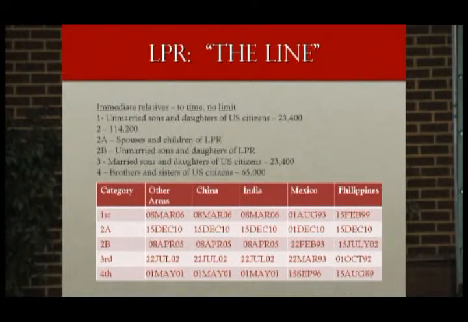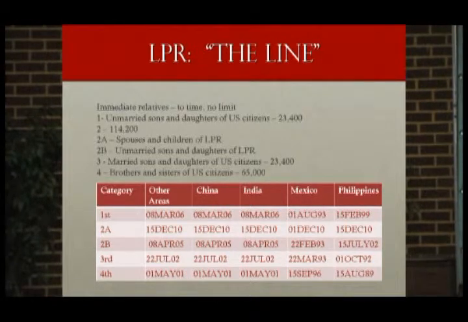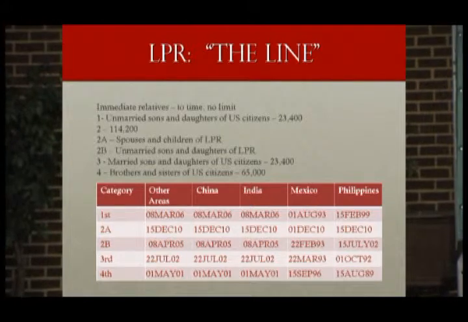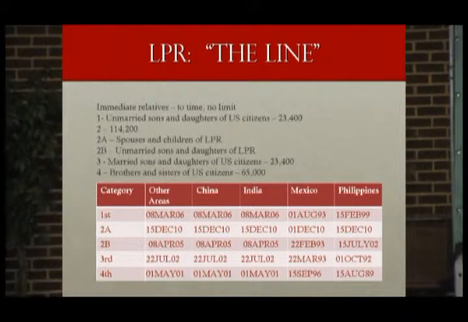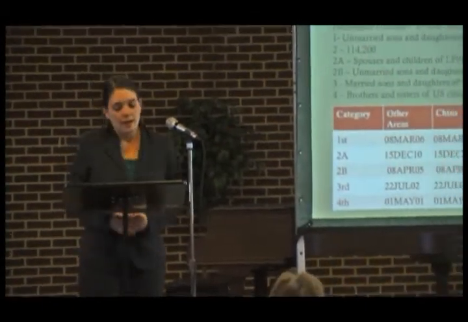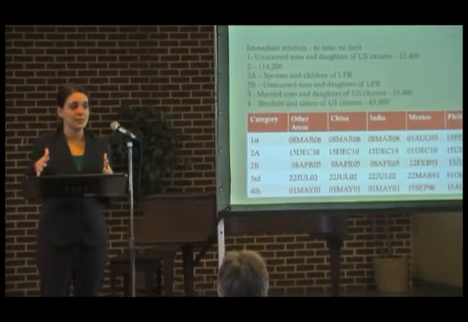23,400 visas are issued. Now, if we look down in our chart, you're going to see what's called a priority date. That is the date of application that's being adjudicated today, or this month, actually. This is the current month's application. So